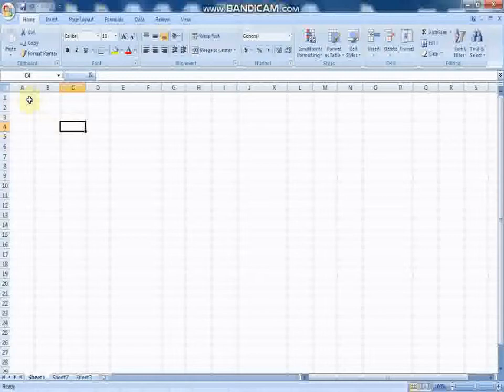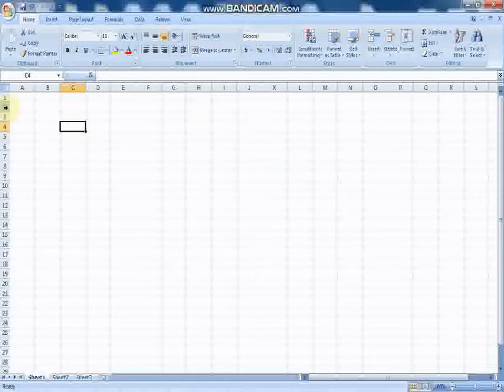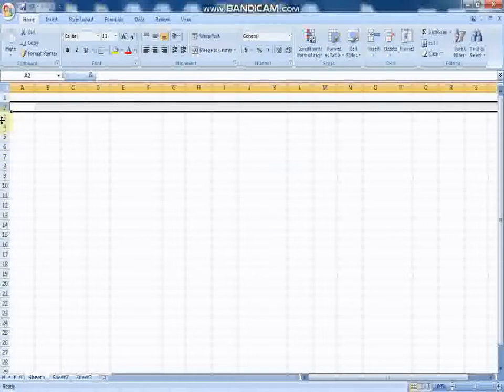Got it? Now in MS Excel you can see at the top the alphabets are written here, means the columns are indicated with alphabets and the rows are indicated with numbers.